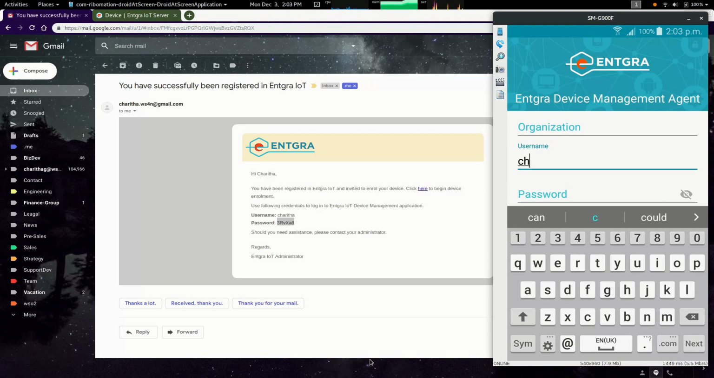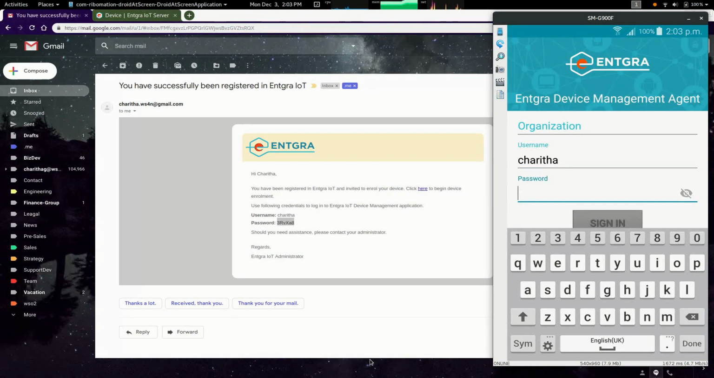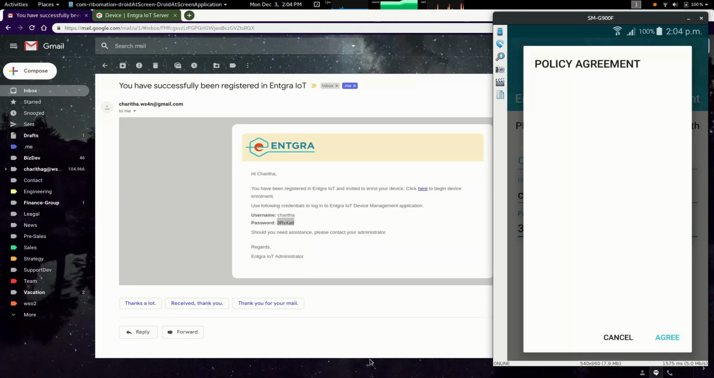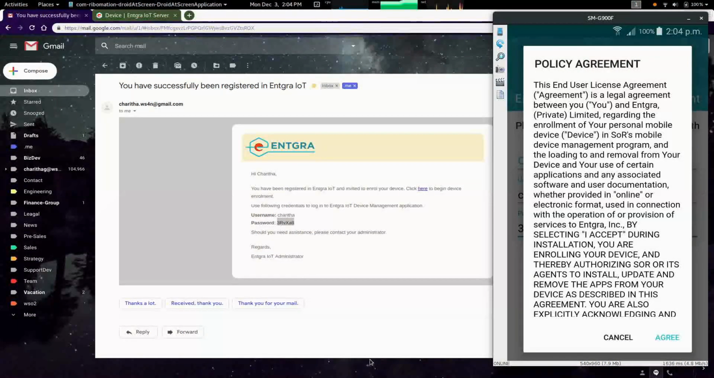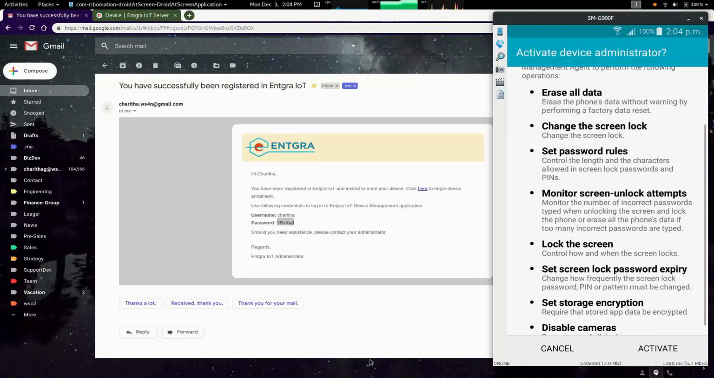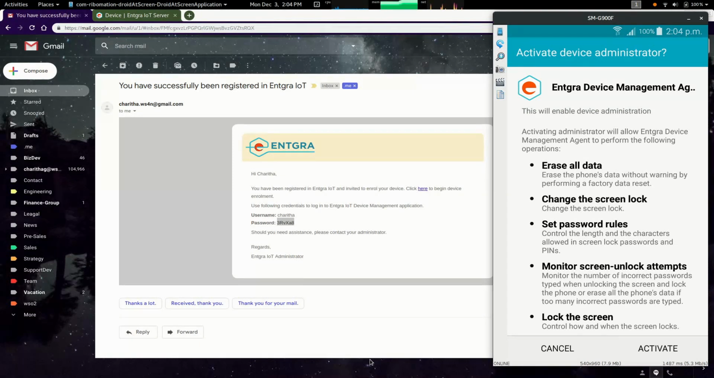So for the username, I am providing my name, Charita, and I am entering the password as mentioned in the email. Once entered all details, I am clicking the sign in button. Once it's authenticated, you can see that policy agreement is showing to me. Once I click the agree button, I can continue with the activating device administrator. So in this dialog, you can see all the capabilities of the agent, and you need to click activate button,